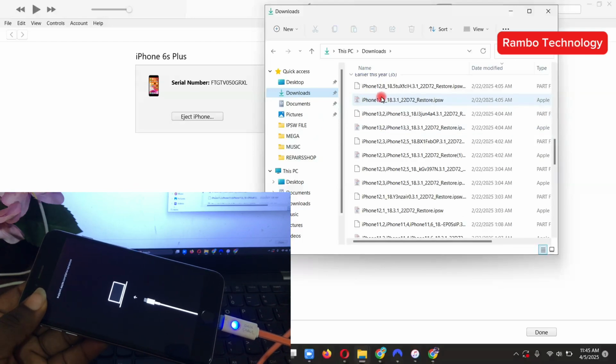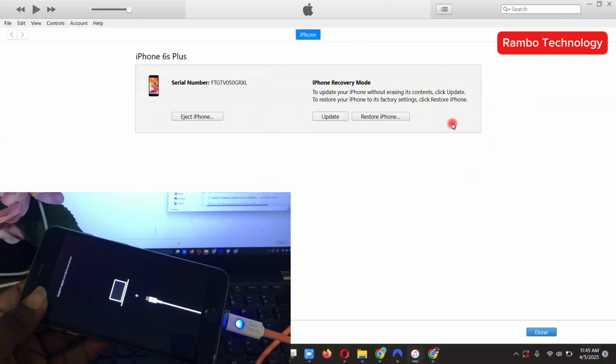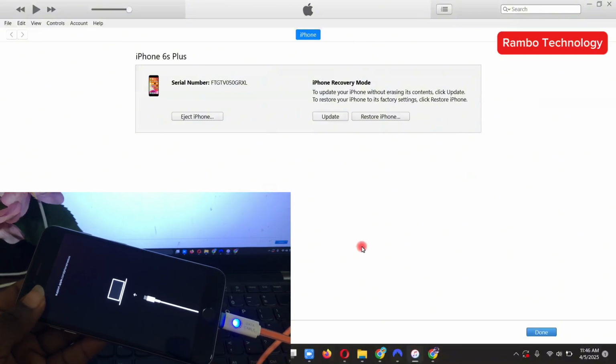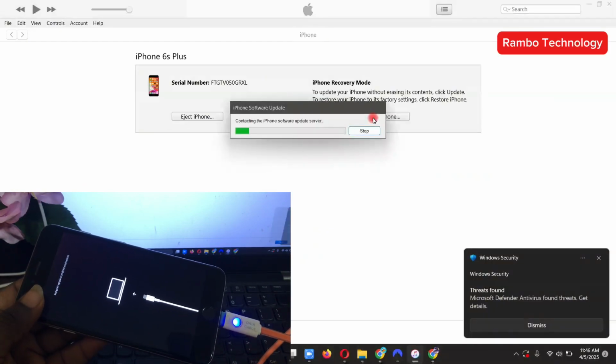All right, so this is how it's going to look when you've downloaded it. Now, how do you import it into the iTunes software? If you click Restore iPhone,